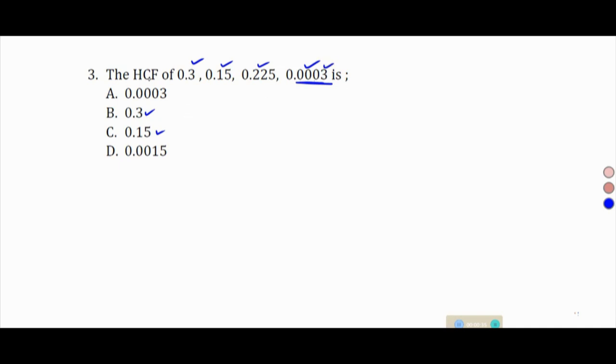So it means if we need the highest common factor of all the four numbers, then that number must satisfy all the four numbers. But you realize all these alternatives here are actually greater than this number here, meaning that these ones here cannot be the highest common factor. And for that case, among these we shall choose the smallest number which will be divisible by all the numbers here. Now for that case, looking at this one being the smallest number,